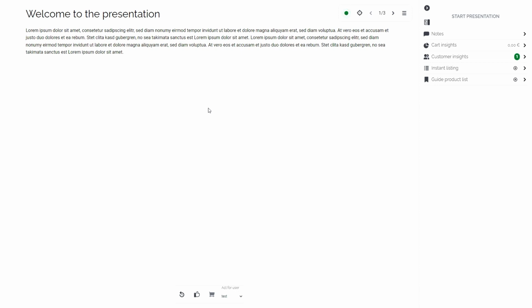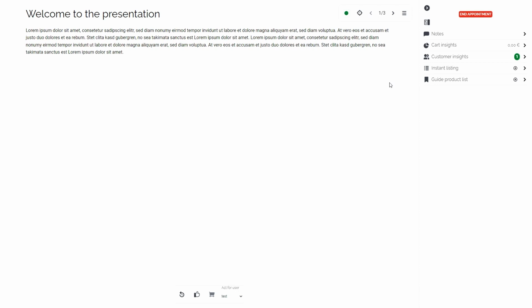Here I can start the appointment over the dashboard on the right side. So this is this button here. With the red button here, End Appointment, you will notice that the appointment started.